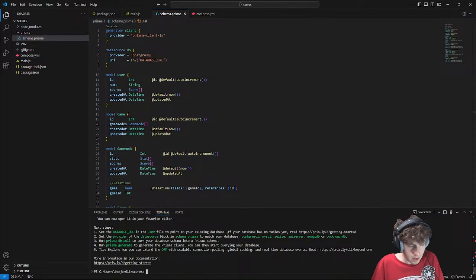So next up, I'm going to want to do npx prisma dev. I think it's --name and then the name of the migration, but I'm going to double check that. Oh, it's migrate dev.